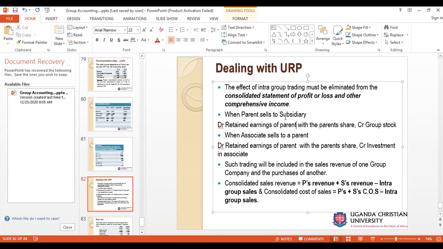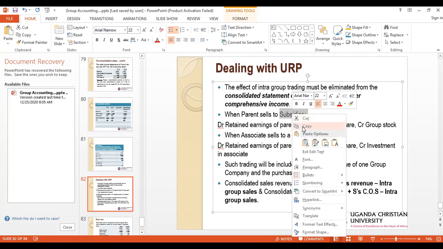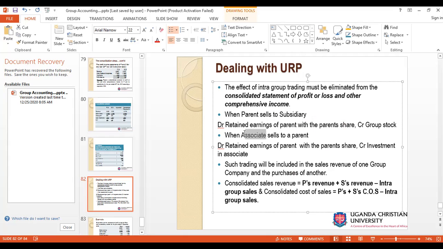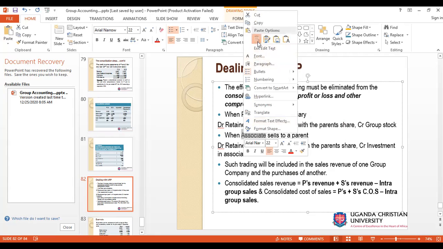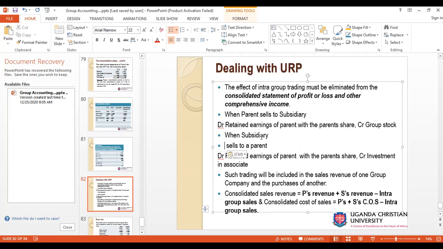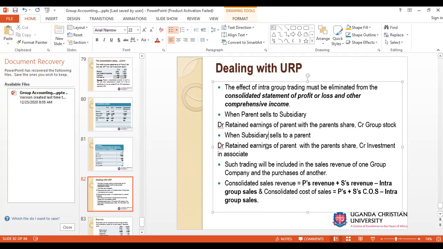When the parent sells to the subsidiary, debit retained earnings of the parent with the parent's share, then credit group stock. When the subsidiary sells to the parent, debit retained earnings of the parent with the parent's share,